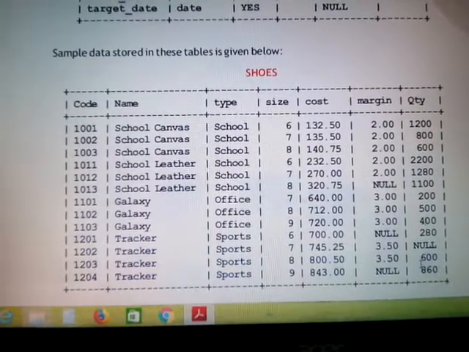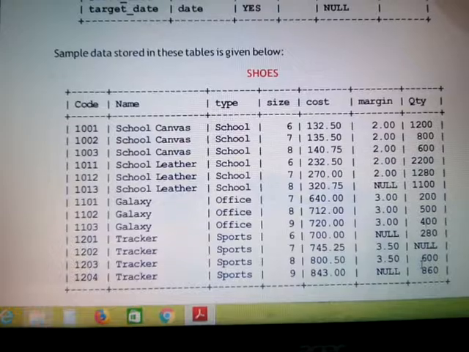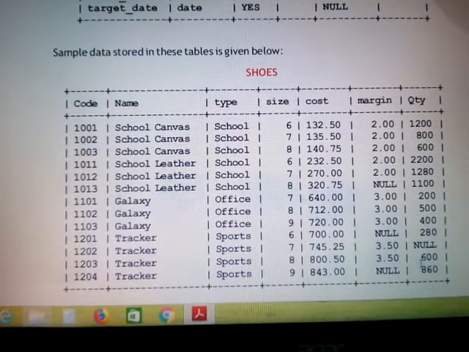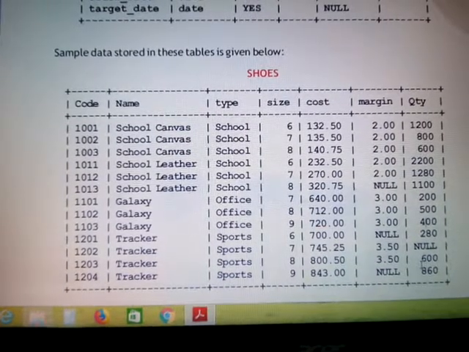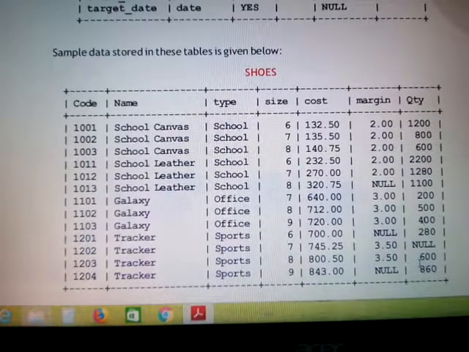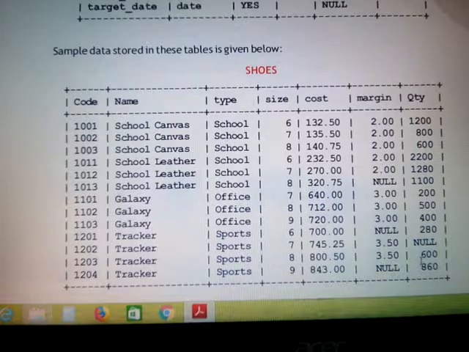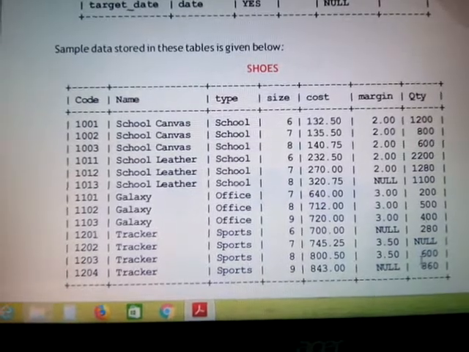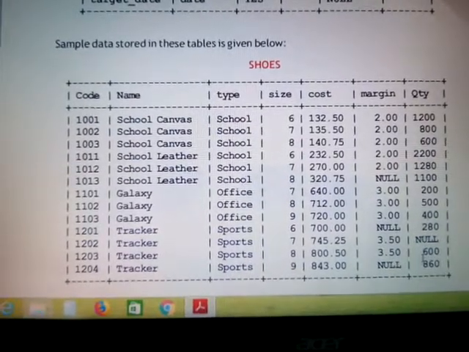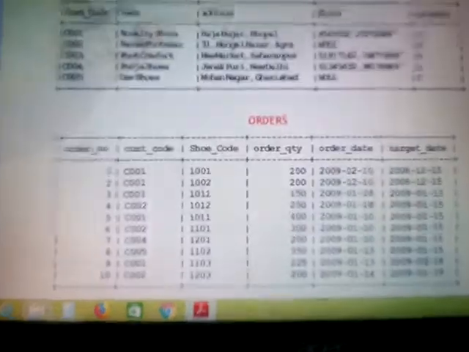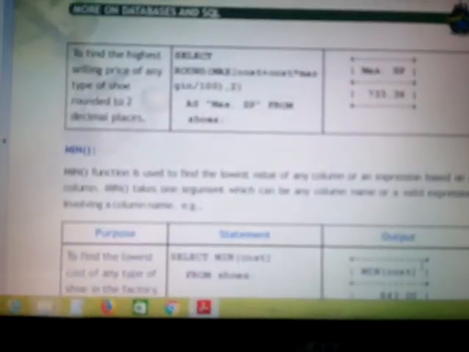Just now we have this table which definitely has more than 10 rows, right? So if anyone asks you what is the summation of the quantity of a school type, we are not going to simply add it. Directly we will put that statement, and based upon that we will find our answer. So let us see what will be the answer of the statement which we have written.